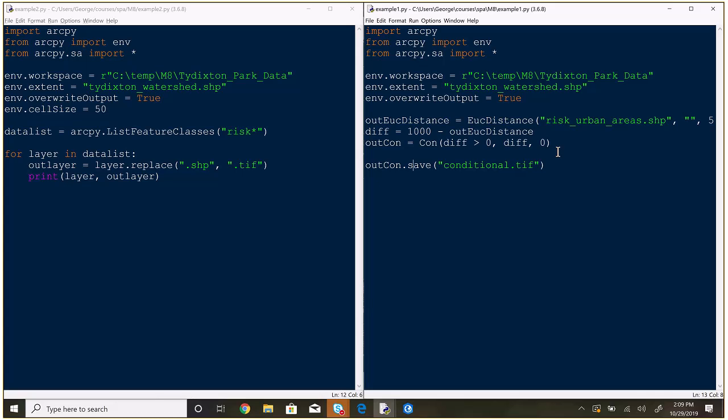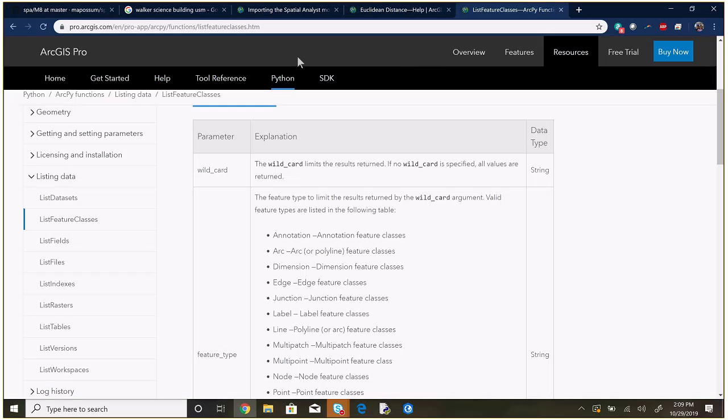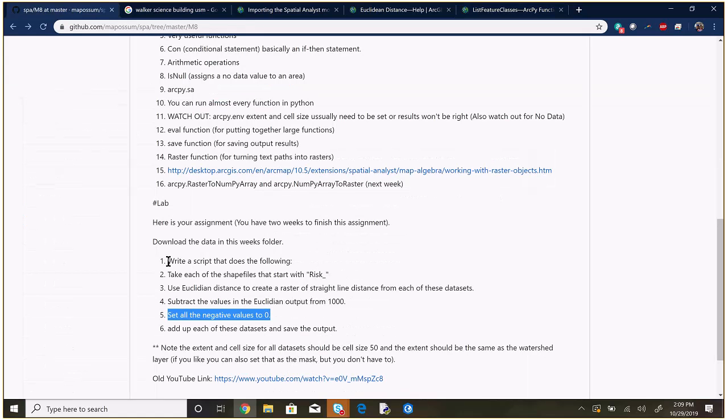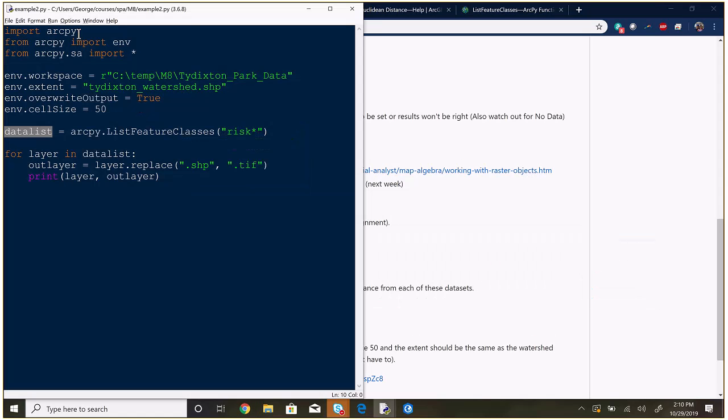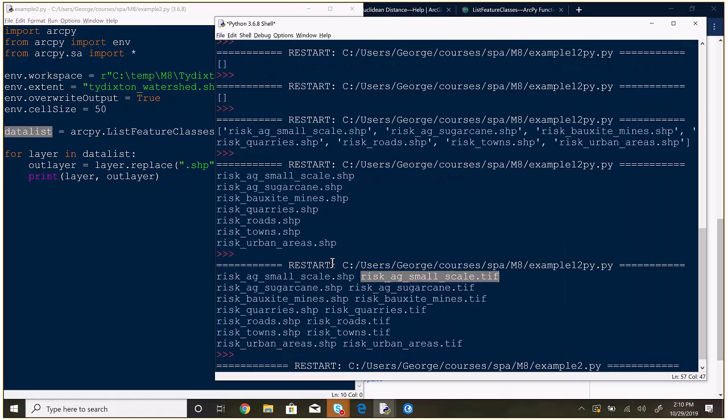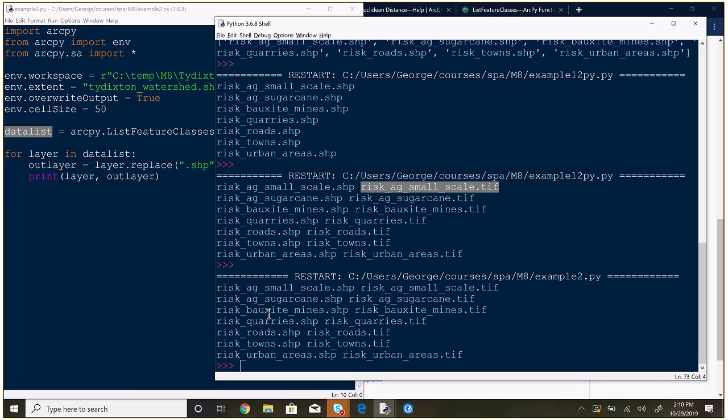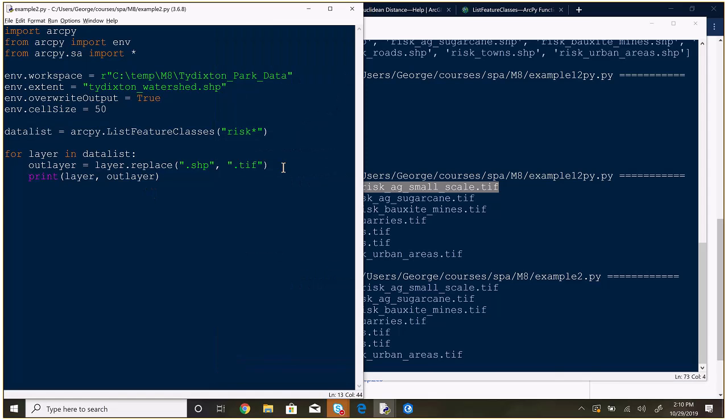I guess it's not. This returns a list of everything that starts with risk, which is part of the command, part of the assignment. Take each of the shapefiles that start with risk. Right. Yep, we're already doing that. That's the result. When this runs, we're getting a list of all of the ones that start with risk. Right, I got you. Now, what you need to do is inside this loop, you need to